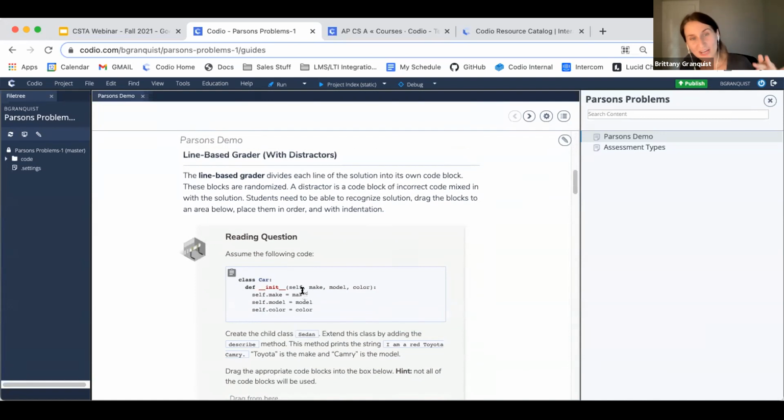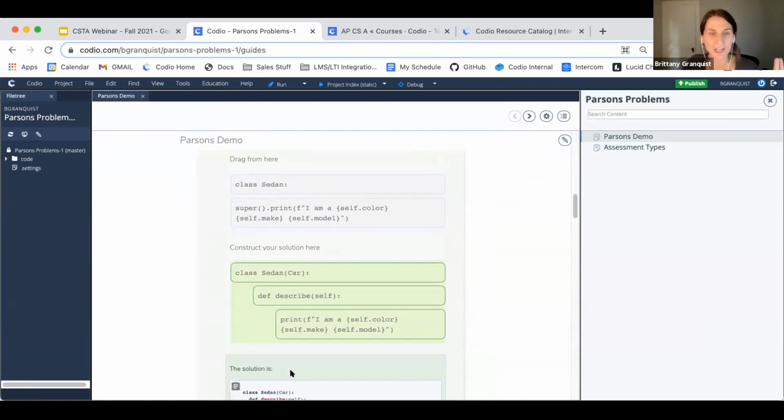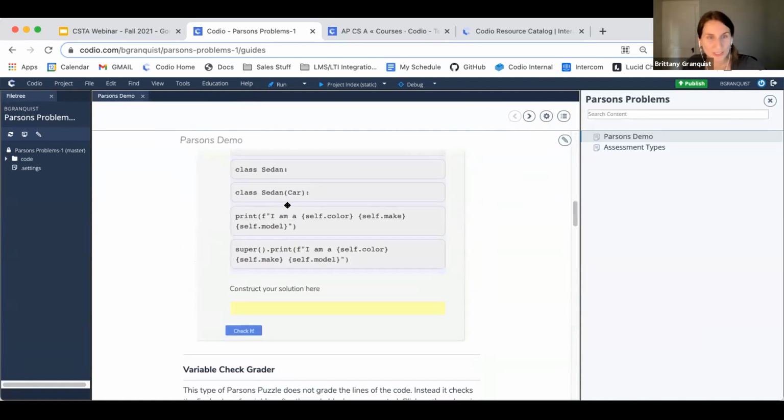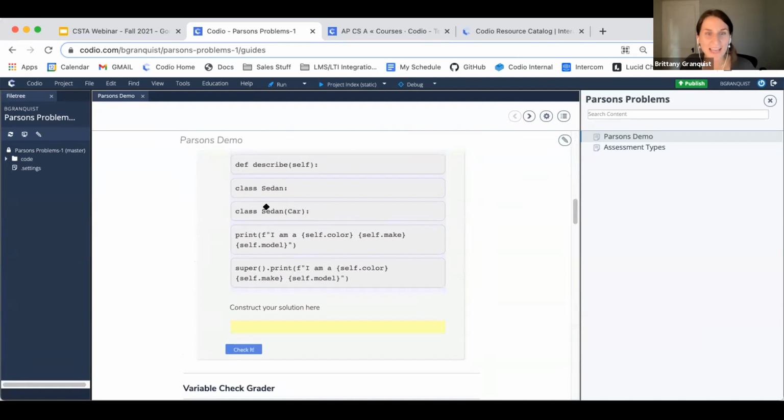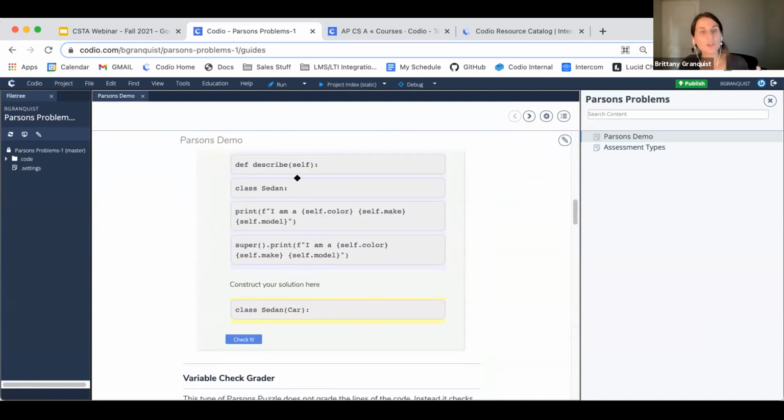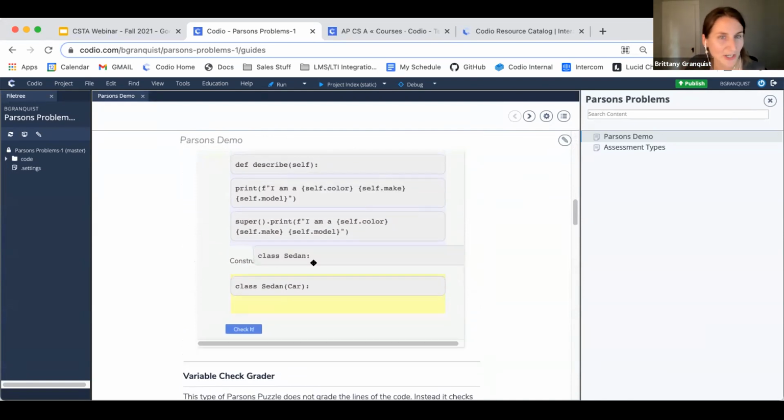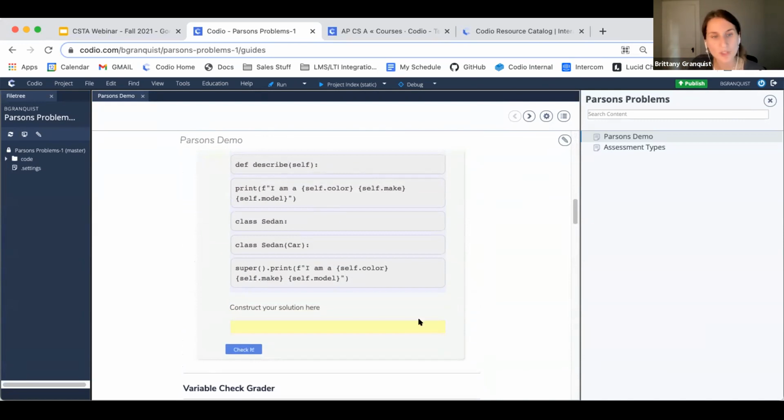It does include distractors, in that you have to pull the code from here down, leaving a few behind. I think that's a really nice way to highlight misconceptions, because students will wonder which one should I grab, the class sedan or the class sedan car, right? It's a really nice way to highlight misconceptions.